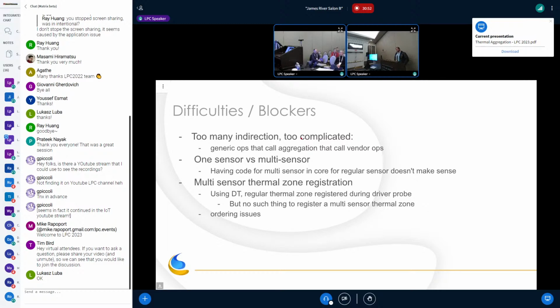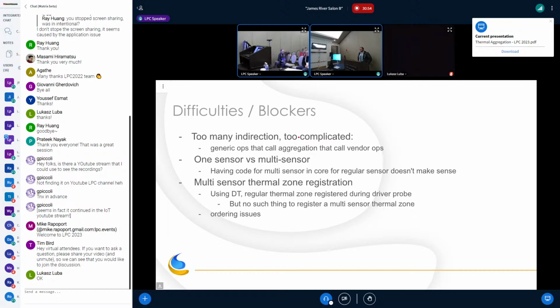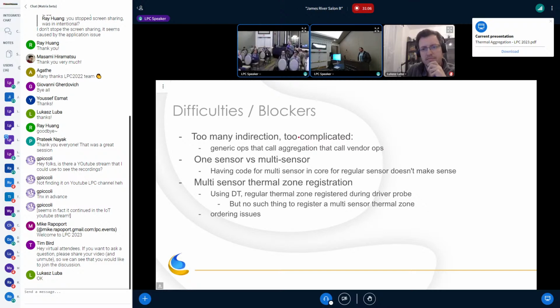I'm assuming that this is intended for in-kernel consumers, because if it was outside the kernel, you could just run a script and aggregate those temperatures outside. So do you have a specific use case in mind? I understand things more if I know one or a couple of use cases.